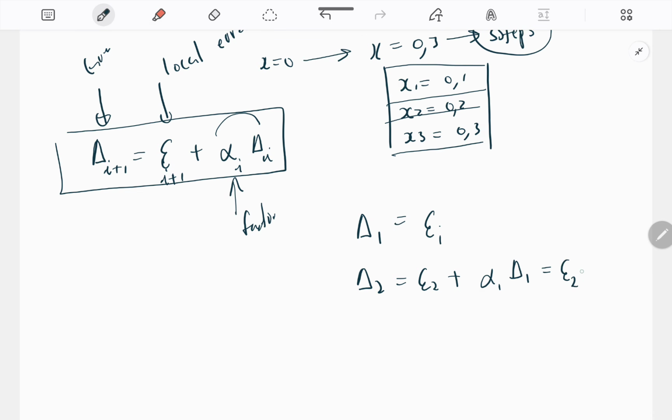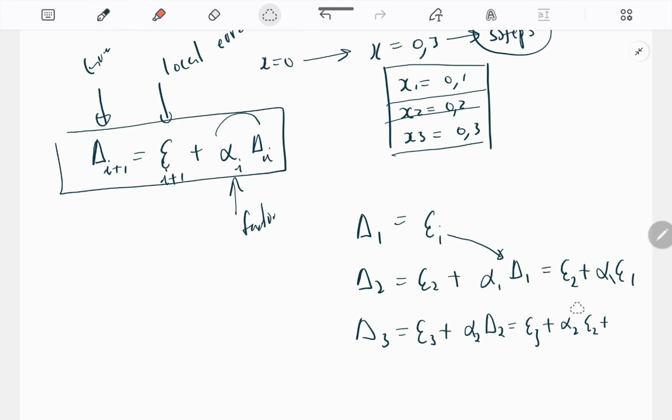Plus alpha 1 E1. I'm just substituting this guy in there. Then global error at step 3 is going to equal whatever error we make at 3 plus the previous global error, now factored by alpha 2, which is going to equal E3 plus alpha 2 E2 plus,